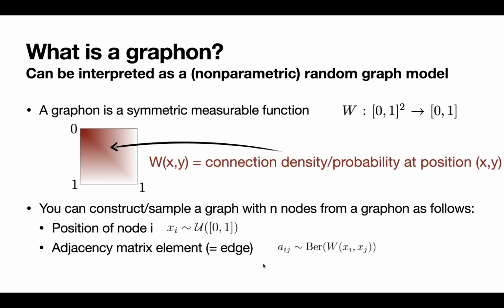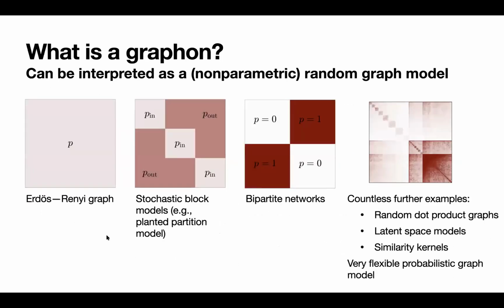So it sounds a bit abstract, but actually graphons encapsulate a wide range of existing graph models. For example, the simplest case would be an Erdős–Rényi graph, where the graphon is just a constant p. So independent of the position of the nodes, the connection probability between a pair of nodes is just p. Another example is stochastic block models. Specifically here, I show a planted partition model, where if nodes are close by each other, so they're in the same group, then you have the connection probability p internal, whereas across group borders, you get the connection probability p